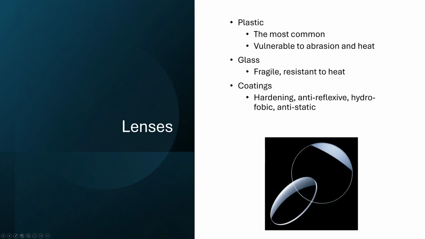Next, I'm going to talk about the coatings. They are used to make the properties of the lens better. The basic coating is hardening, which makes the lens sturdier and resistant to abrasion. The other most important coating is anti-reflective, which makes the lens more see-through because it